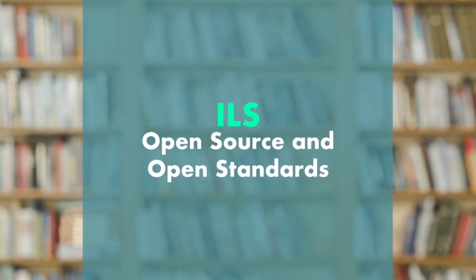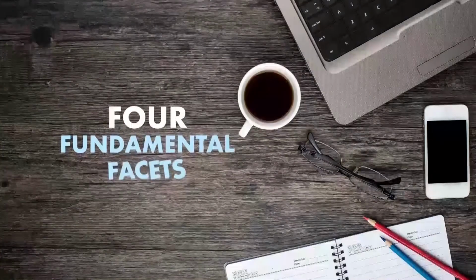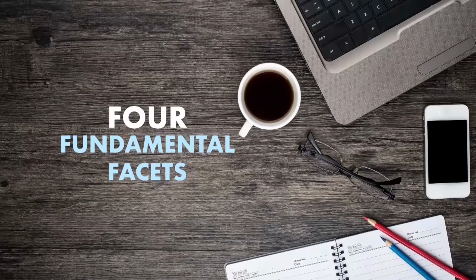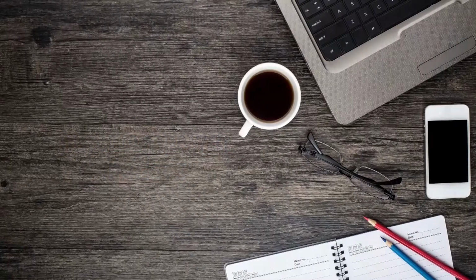Now you see here that the topic of the deliberation is open source and open standards integrated library system. We need to remember and understand that four fundamental factors are changing the way we go for different kinds of scholarly communication process, and the library is a very important part of the scholarly communication process. So four factors are fundamentally changing the way we interact, the way we exchange knowledge.